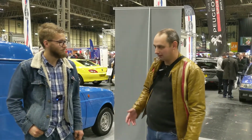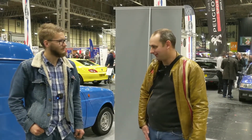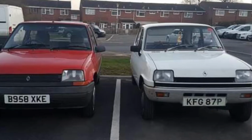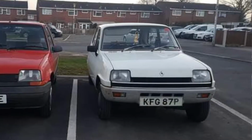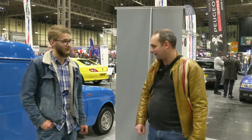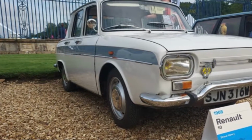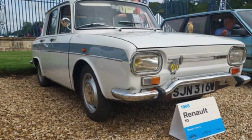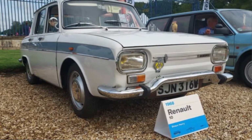Yeah, that's good. But it's right, like you say, it's all a learning curve. I've been doing quite a lot of learning with the Megane this year. Obviously, not welding yet though. I'm not quite that far on. So obviously, you've been doing a lot on the Mark 2 Renault 5, which is a car that's quite close to my heart. You've also displayed the Renault 10 this year at Festival of the Unexceptional, which I was quite jealous that I didn't get to go to. And you displayed in the concours section, didn't you? Yes,